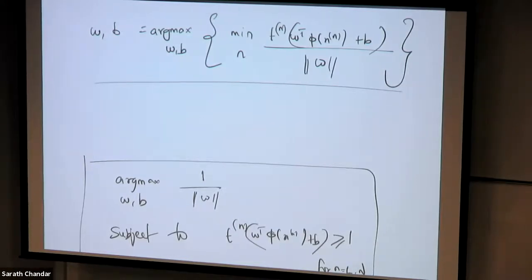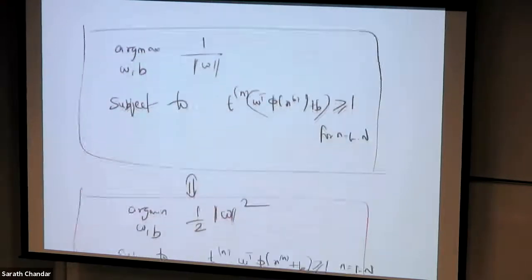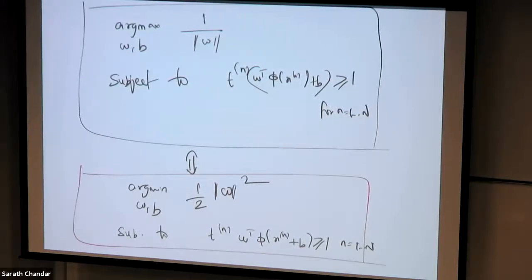So now the simple idea that we did was, what if I just set the solution for the min to be 1? And we found that it is indeed possible because you can just play with W and B such that the solution for this min is 1. So then the problem becomes simpler. You're doing argmax, but there is just the denominator 1 over norm of W. You don't have the min function at all. But subject to these new canonical constraints that tn multiplied by yn should be greater than or equal to 1. Is that clear?